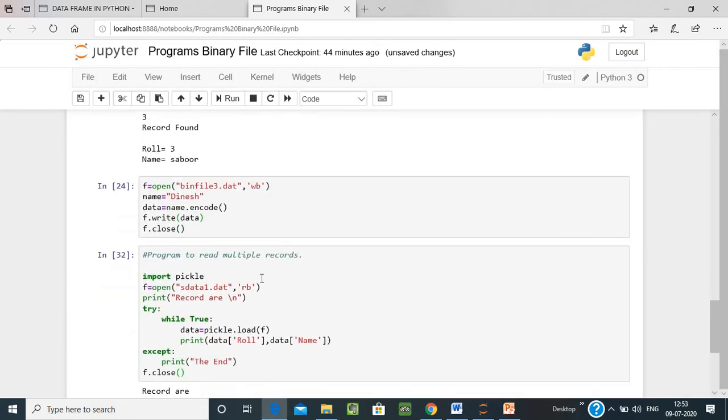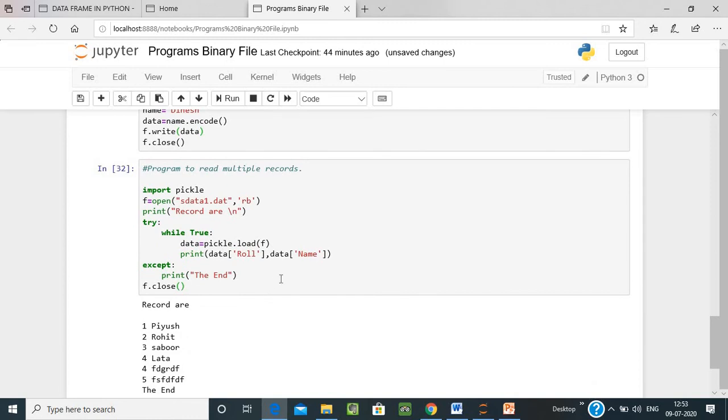Now program to display or read multiple records from a binary file. So with the help of a while loop we can access or print all the records available in a binary file. So a simple program is there.